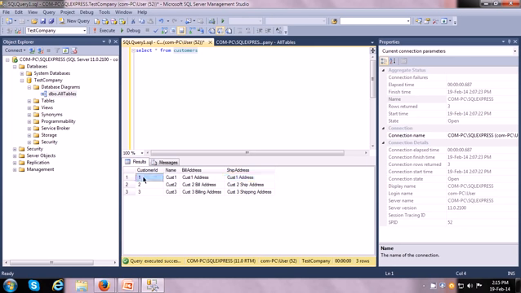So all this data in this row belongs to a single customer whose name is cust1. Similarly, if we move to another row, then we get the data for a different customer. So here for that different customer, the customer ID is different, the name is different, the billing address is different, the shipping address is different.